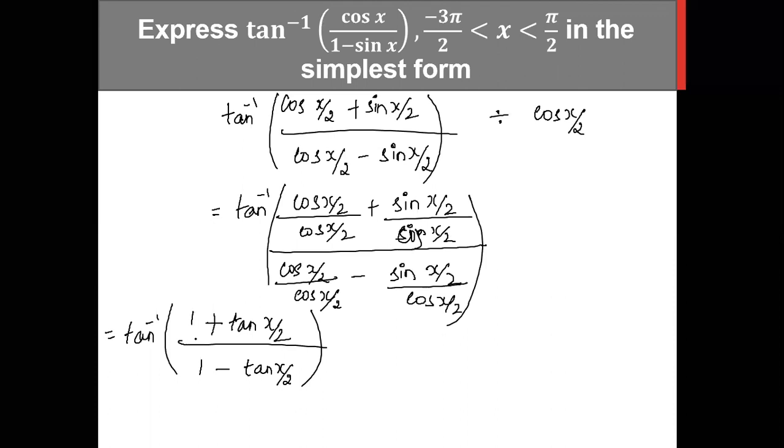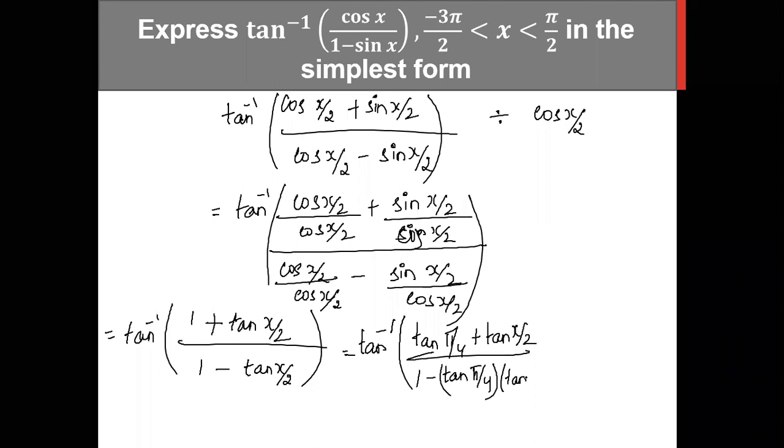In the numerator, 1 should be replaced by, see, this problem is a little different for you from the other problem, the previous problem. If you study that problem, you can study both these problems, correct? If you know this problem, you can do all the problems. So 1 should be replaced by what, students? 1 should be replaced by tan pi by 4. So it is tan pi by 4 plus tan x by 2 divided by 1 minus, here tan x by 2 can be written as 1 into tan x by 2, again 1 replaced by tan pi by 4 into tan x by 2.